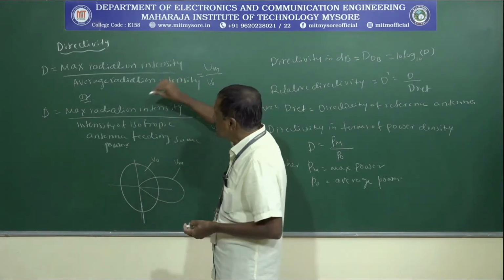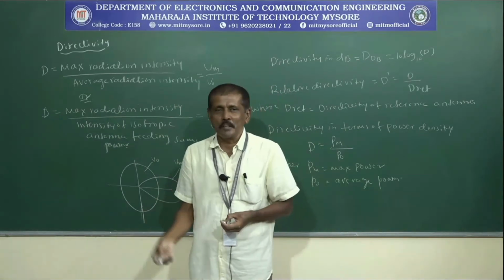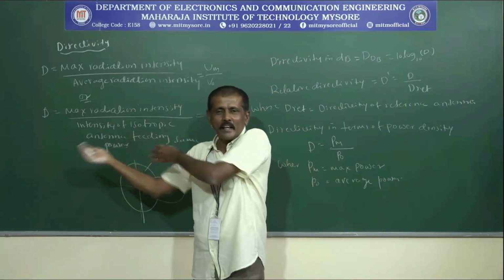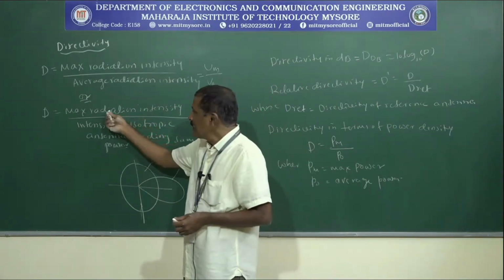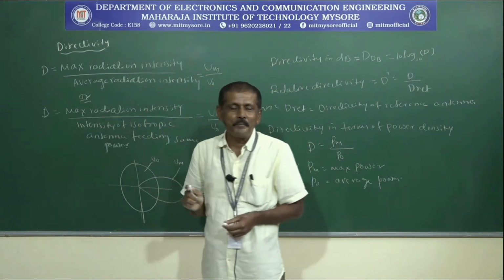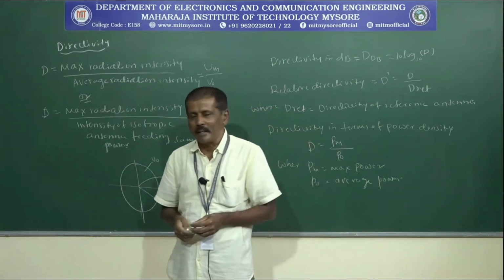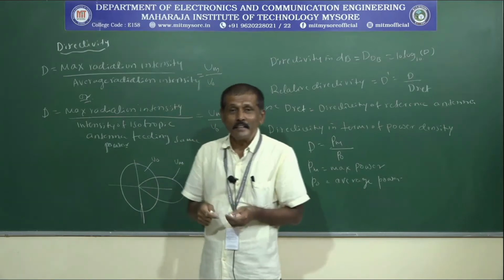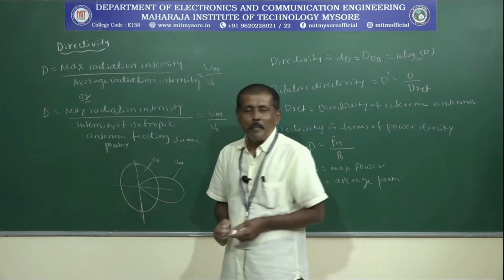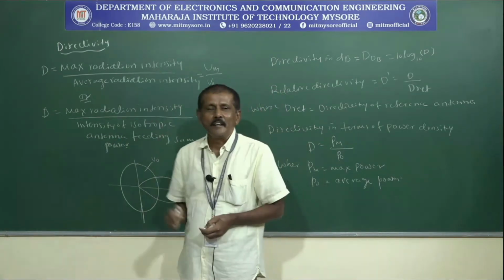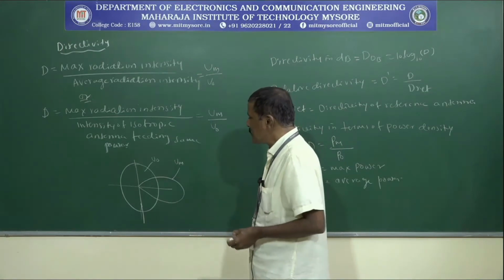That means, this is your antenna, to which you are feeding some power and calculating the radiated power. I am repeating once again. Assume this is your antenna. To this antenna you are applying some signals and getting the radiated power. Then give the same signal to the isotropic antenna and get the output from that. So this is equal to UM divided by U0.